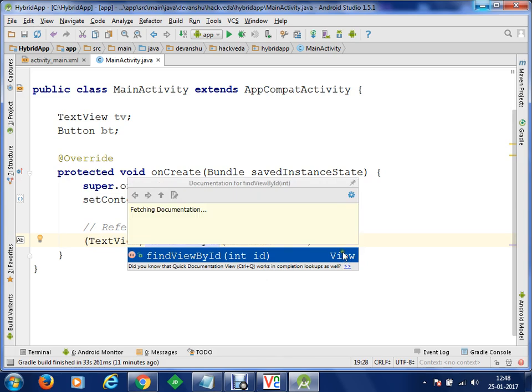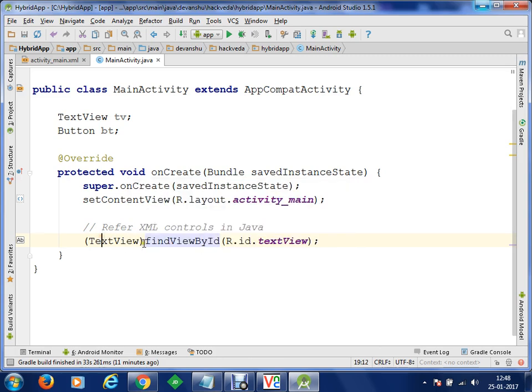Okay, so we are going to typecast, or you can say convert, this view control into the text view type, and then we will be able to store it within TV. Okay, because TV is of the text view type at the moment, and this is returning a view control. So we are converting this view control into the text view type, and then we are storing it into TV.